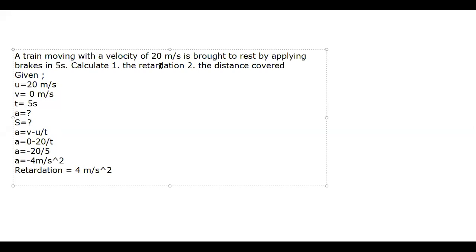So write down the equation of motion: S is equal to ut plus half at square. So S is equal to u. What is the initial velocity? Understand, initial velocity is 20, into T. T is how much? T is 5. Now understand it is ut plus half at square, but since the object is retarding, my a is minus, and that's why I've written minus half a. How much is the acceleration? 4, into T square, 5 5 is 25.